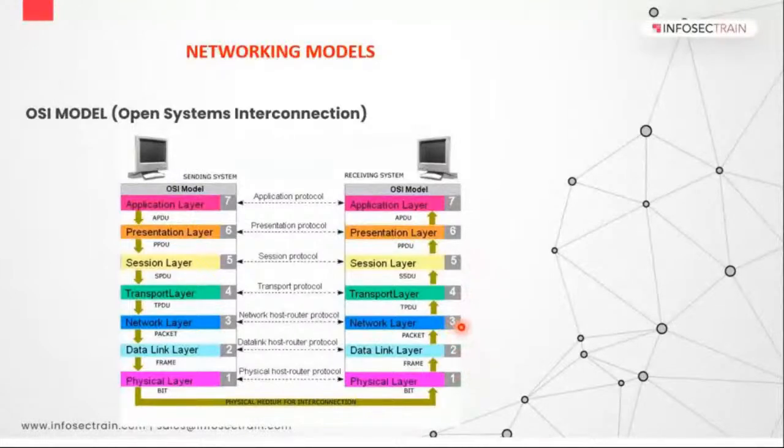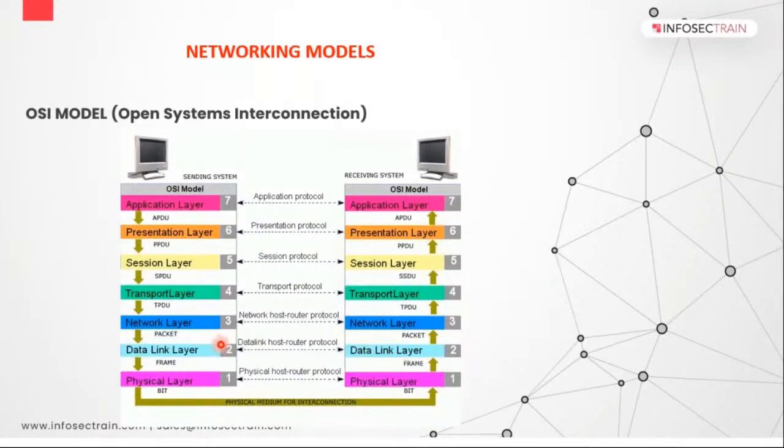It can be in digital form or analog form. So the conversion that happens on the physical layer is digital to analog or analog to digital. Right? Now after that, it moves to the data link layer.